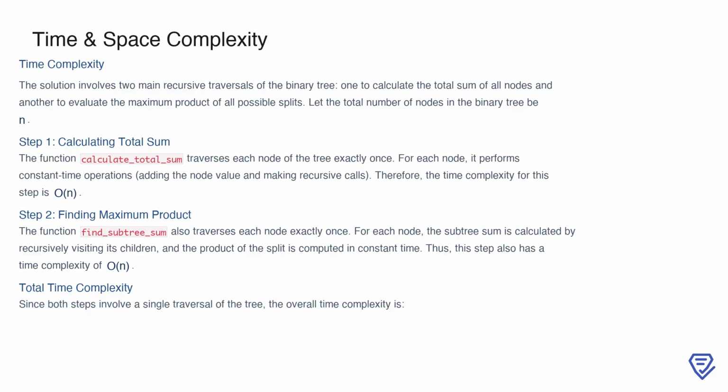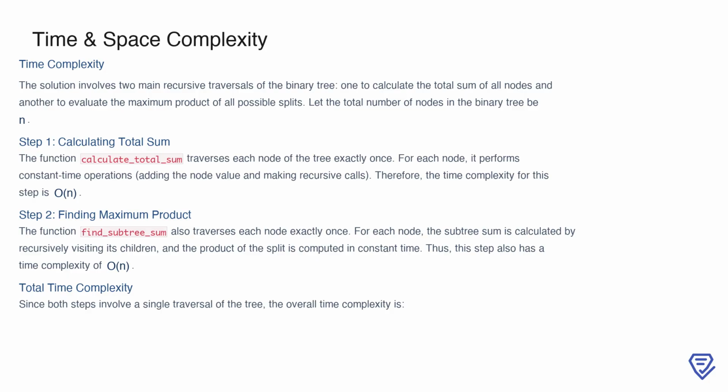First, calculating the total sum of all nodes in the binary tree using the calculate_total_sum function. This function traverses the tree recursively, visiting each node exactly once. For each node, it performs constant time operations, such as adding the node's value and making recursive calls. As a result, this step has a time complexity of O(n), where n is the total number of nodes in